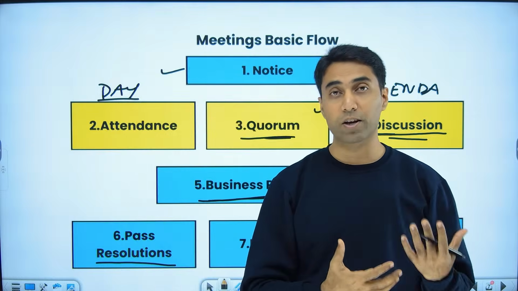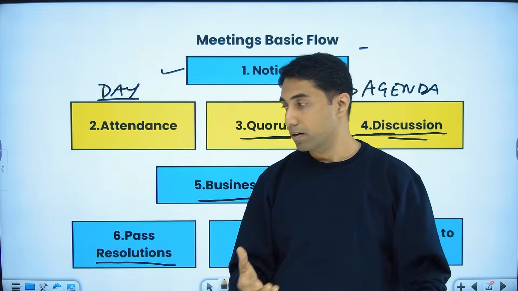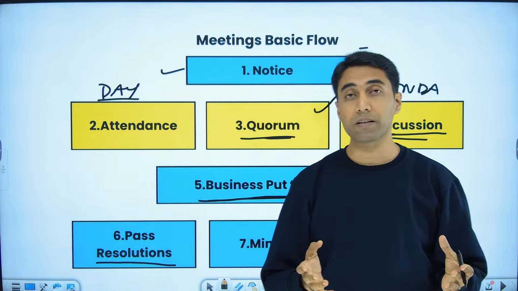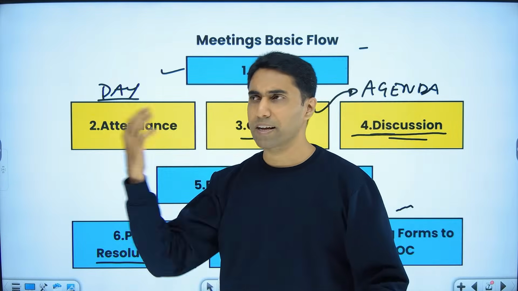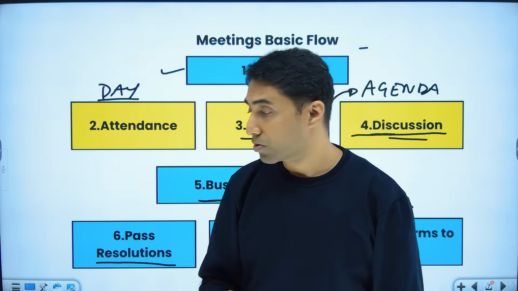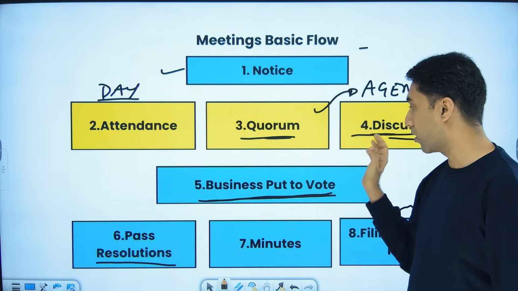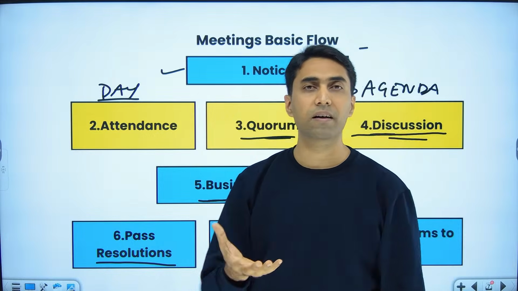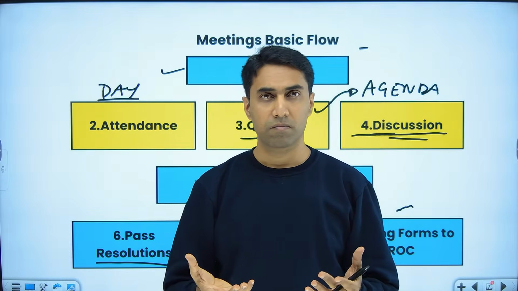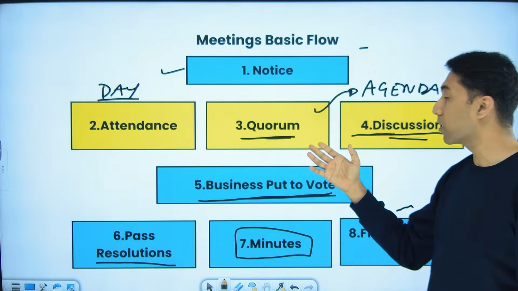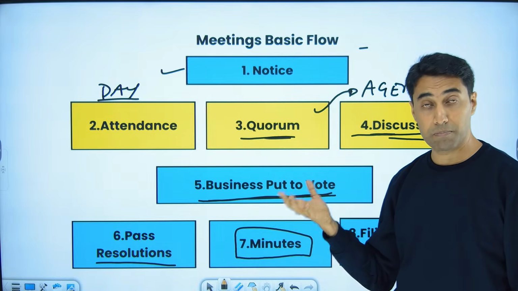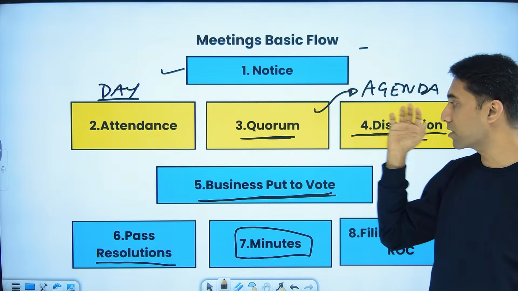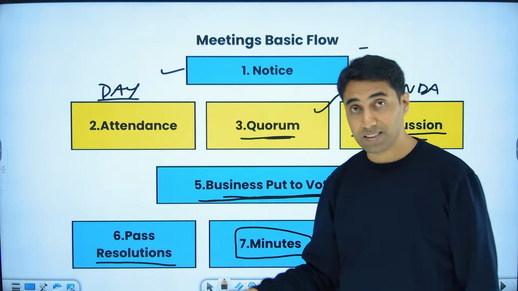And once you put it to vote, if you have the majority of people, if enough people agree to it, you pass the resolution. That means you have approved the financial statements or any other transaction which you wanted to do. So this is what happens. So after all this, then you will write a summary of what happened in the meeting. So you called them, you did attendance, you did the quorum, you checked if enough number of people came, minimum number of people came. This is most important. Then you had the agenda, you discussed, you put the business to vote, you passed the resolution.